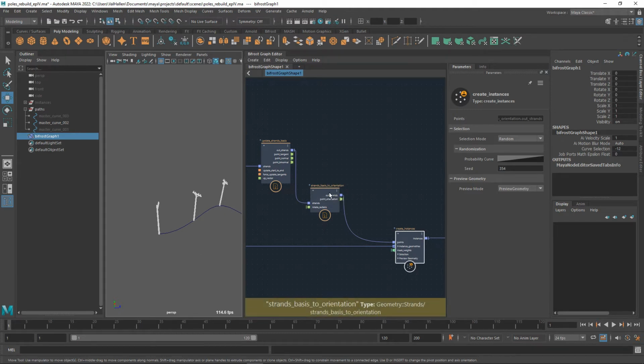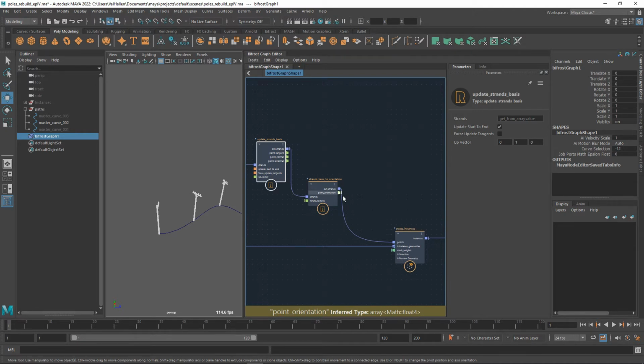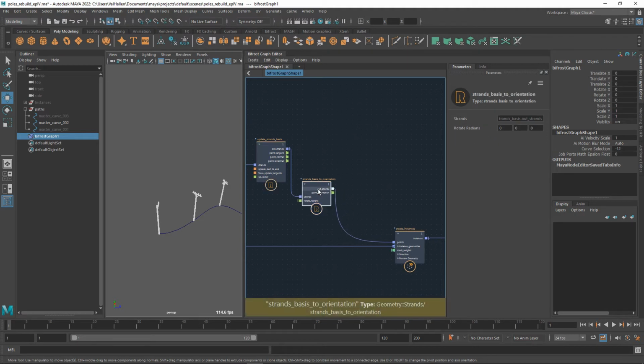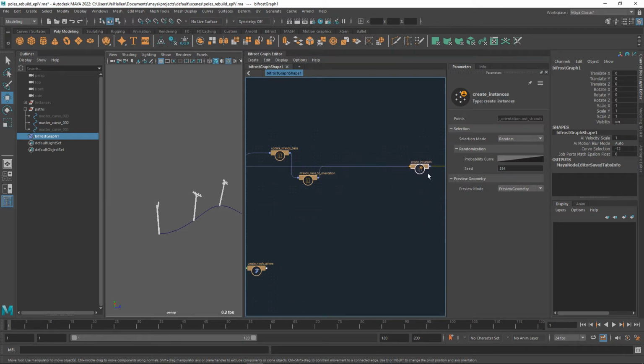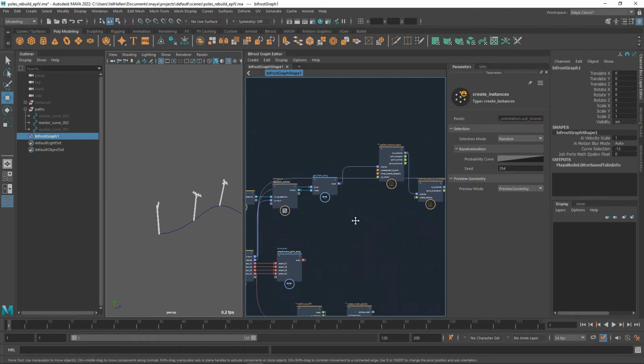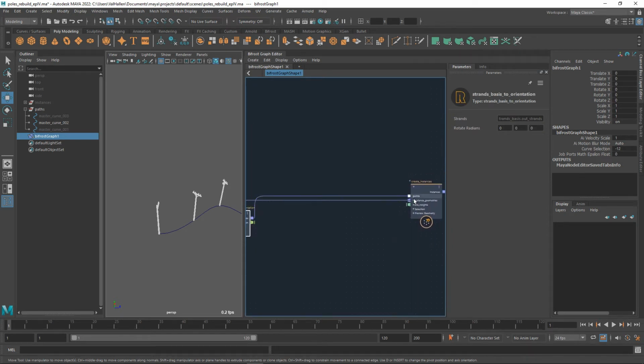And what this is really nice for, I mean, we're going to edit this node in, well, maybe not quite in a second, we'll come back to it, but we're going to edit this to add the ability to have random rotations. Okay, but for now we're just getting the instances in and working, and the really nice thing is that this puts out the quaternions for you for the points, which is brilliant, because now, even though we've got our instances all happening, we want to do things to the position of the points and the rotation of the points. So the next thing we'll stick in before we get to the instances here is